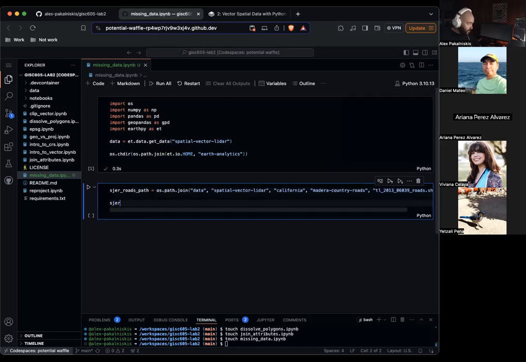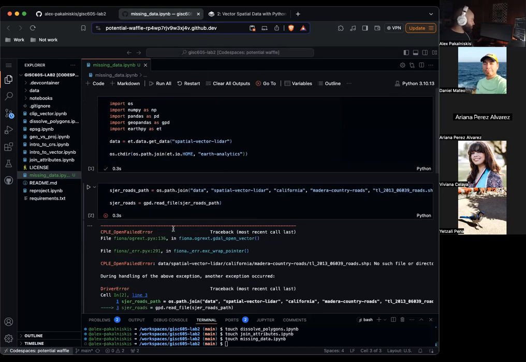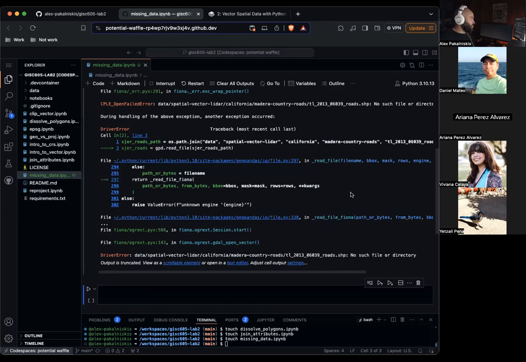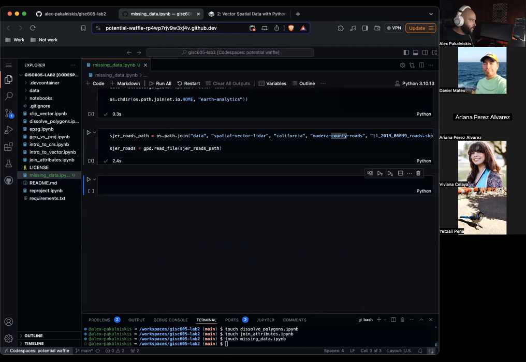Now let's read that into GeoPandas. Path. Let's keep going. Got an error because I probably spelled something wrong, which is fine. This path showing data, spatial-vector-lidar, california, Madera County roads. And there we're good. Okay.